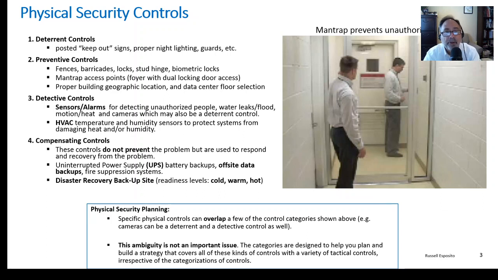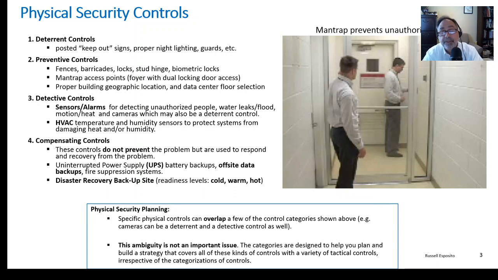So those man traps are a way to control access so folks don't, the word is called tailgating. They don't follow you in behind the door. There's a lock, there's a door between the two in the vestibule sort of. And geographic location, where you put your data center, don't necessarily put it in the basement where it could flood, those sort of things. Then there are detective controls, sensors and alarms for fire, water, floods, those sort of things,